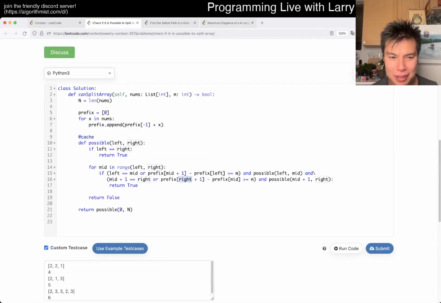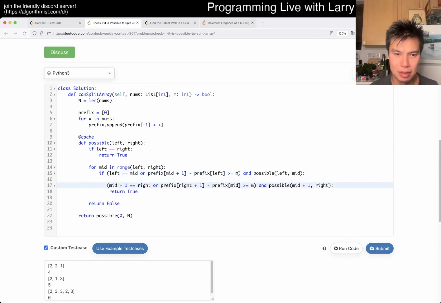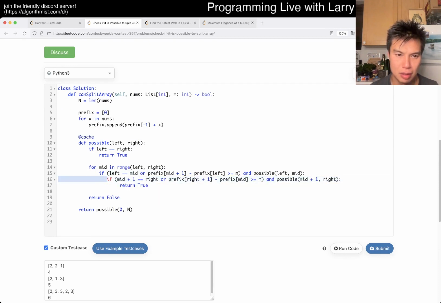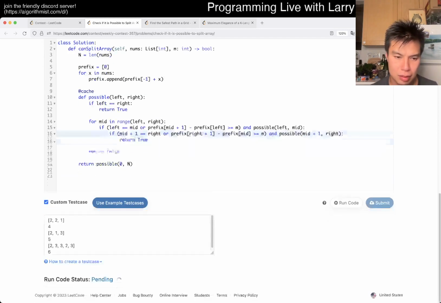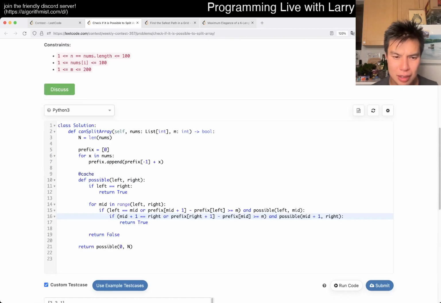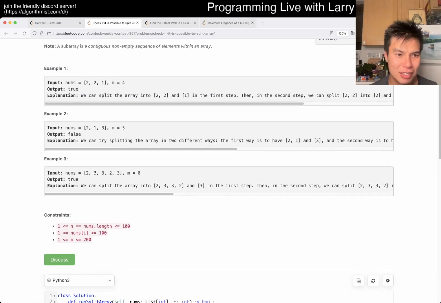This is just silly. Okay, then it's this line. So right plus 1 is going on. Oh, and I'm using inclusive bounds, Larry. Come on. Okay, still wrong, but